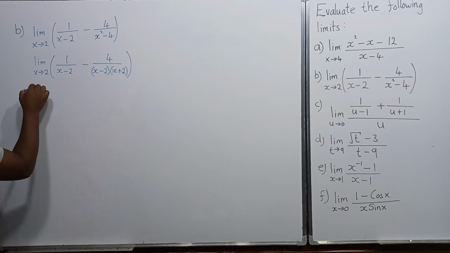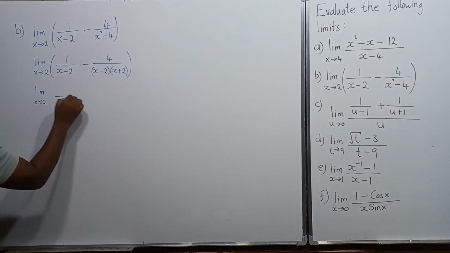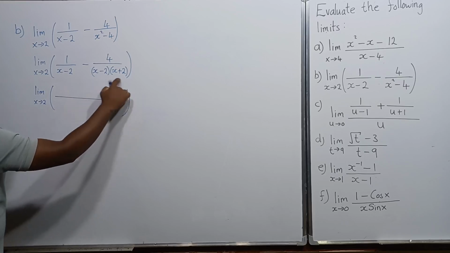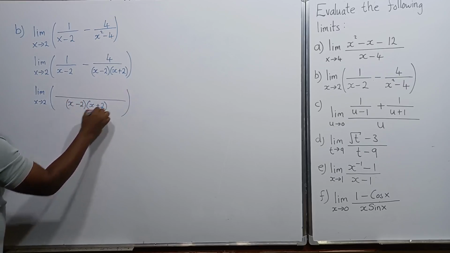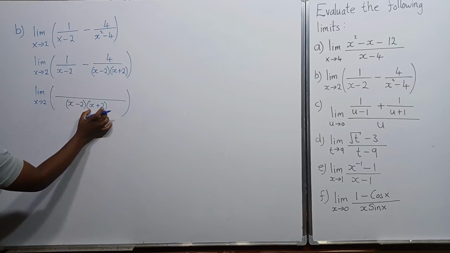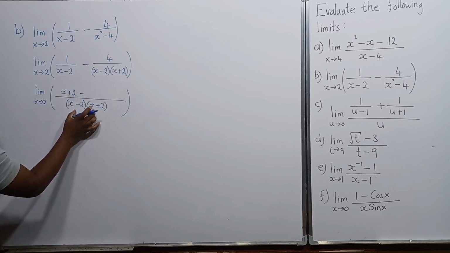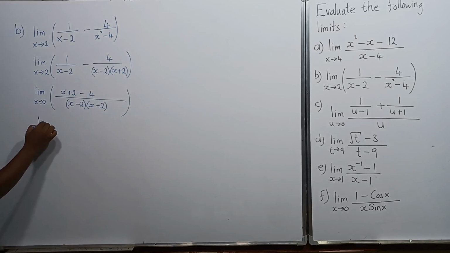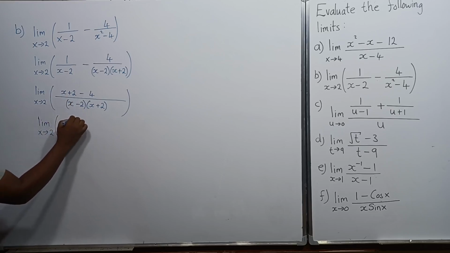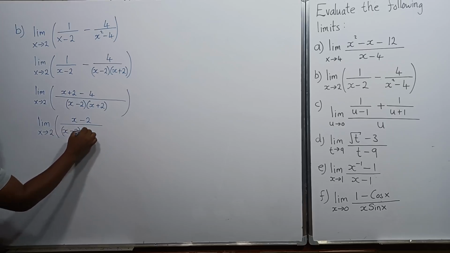That is x minus 2 and x plus 2. So limit as x approaches 2. In this case, our LCM is what we have here. So the LCM is (x minus 2)(x plus 2). So if this goes into this, we'll get this part times 1, we'll have x plus 2. Minus, if this goes into this is 1, 1 times 4, we just have 4, like that. So this can reduce to limit as x approaches 2. So in the numerator there, we just remain with x minus 2